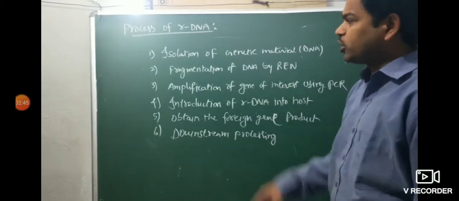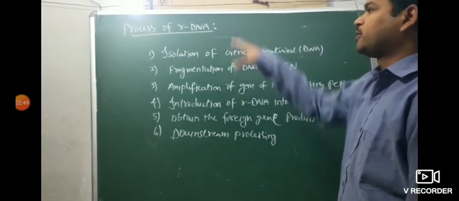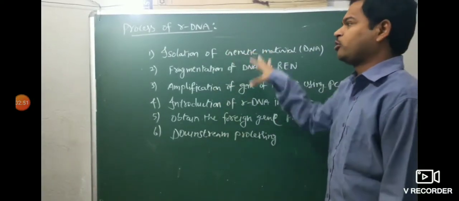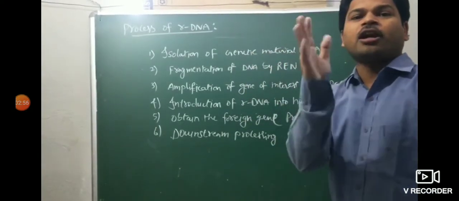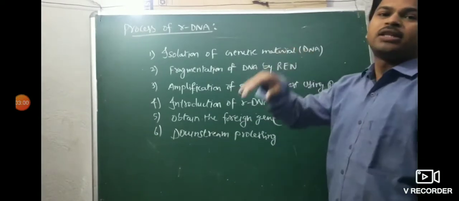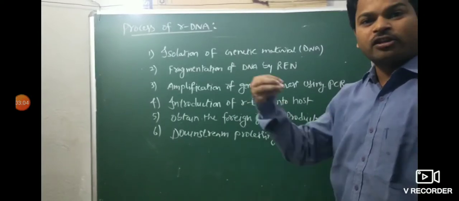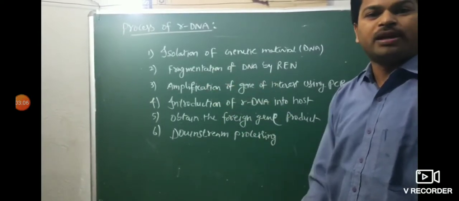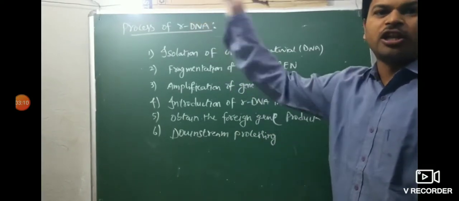Of course, some NEET questions also: identify the steps in correct order involved in the process of recombinant DNA. This is the correct order. Isolation of genetic material. Then genetic material is cut into fragments by restriction endonuclease enzyme. Then DNA fragments are separated by the technique gel electrophoresis. Then vector DNA is also cut into fragments by restriction endonuclease enzyme, and that is also separated by gel electrophoresis.